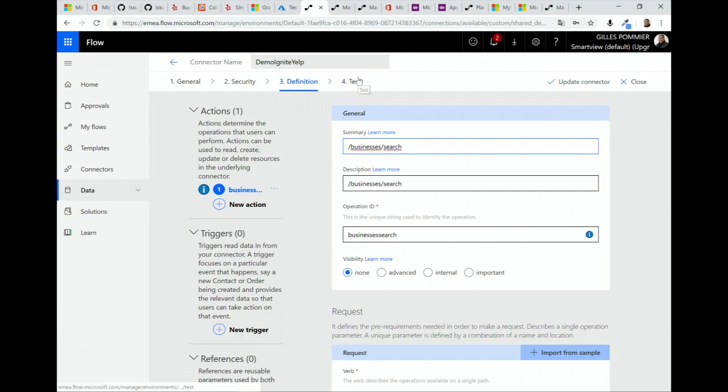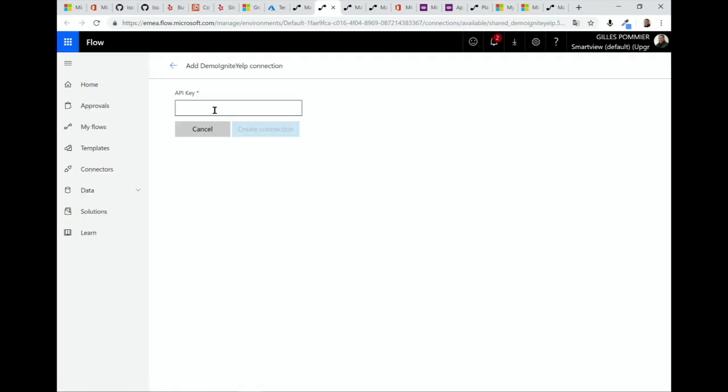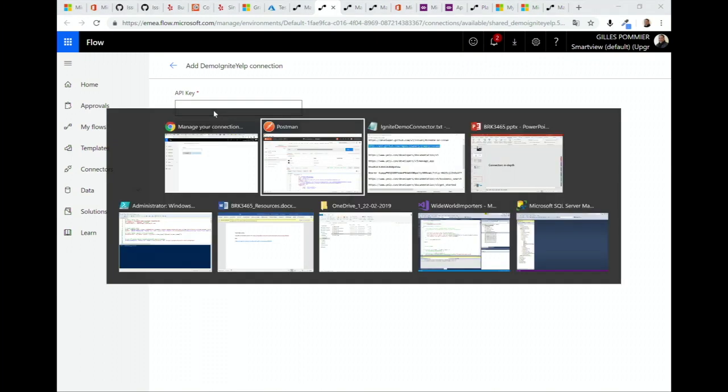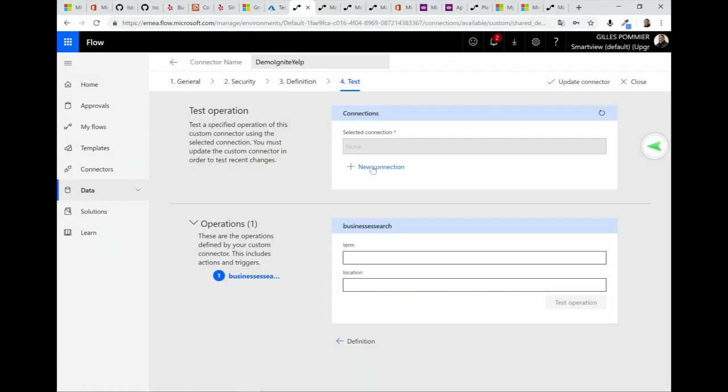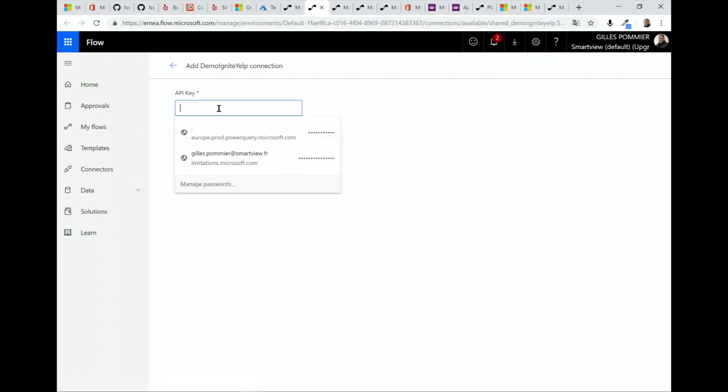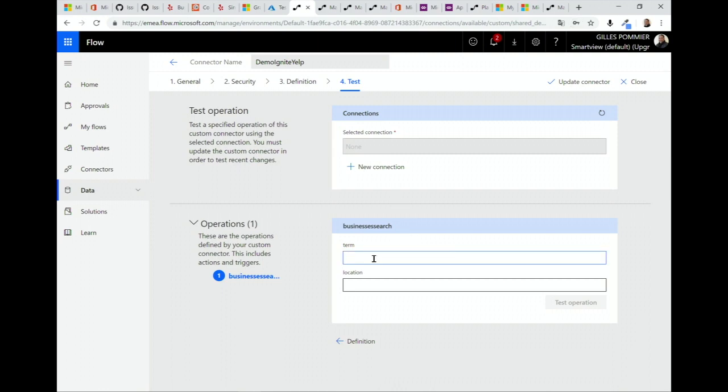Then I can test here, so I need a new connection. It will need an API key, the same as I did in Postman. So I can take this parameter here, okay, new connection, paste, create connection, like this. And if I'm looking for restaurant in Amsterdam, and test the operation,